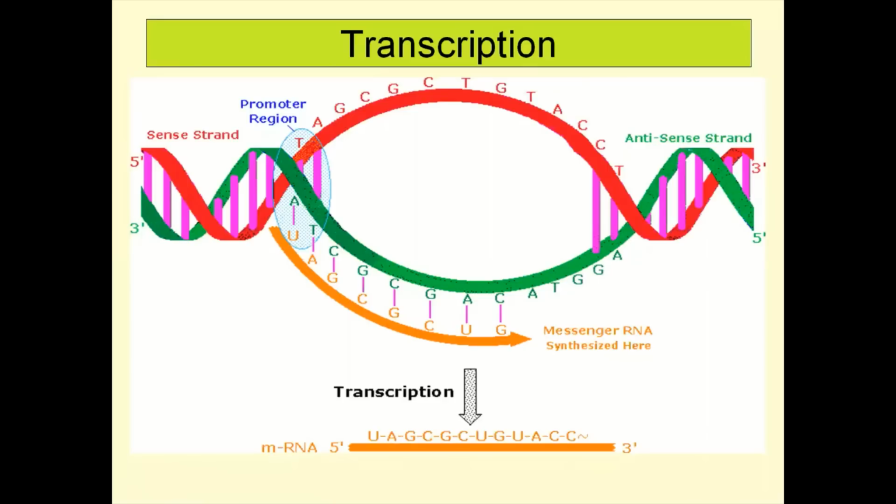Now, the region of DNA that codes for the RNA molecule unwinds. This region starts with a promoter region and ends with a terminator region. Here, a copy of the gene is formed in the form of mRNA. mRNA can then move outside of the nucleus for the next stage.